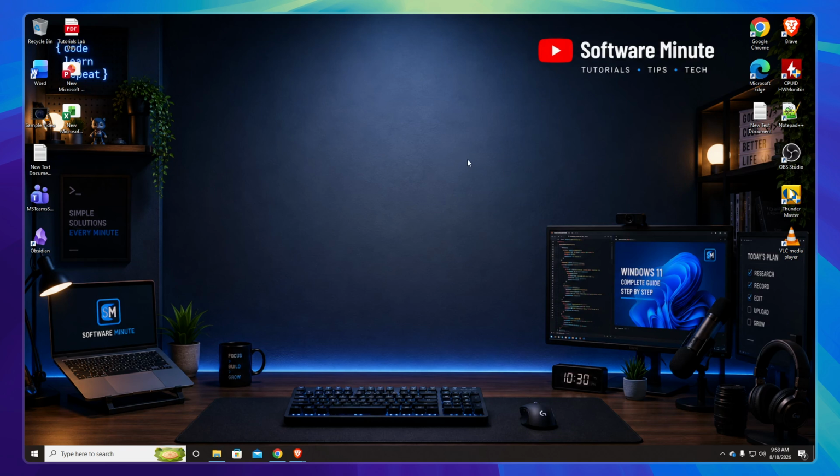First, you'll want to navigate to your Windows desktop and open File Explorer. You can do this by clicking on the folder icon in your taskbar or simply by pressing Windows key plus E on your keyboard. This will bring up your File Explorer window where you can access all your files and